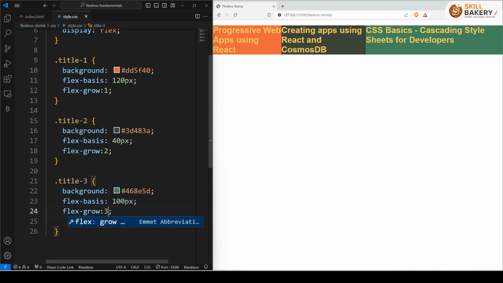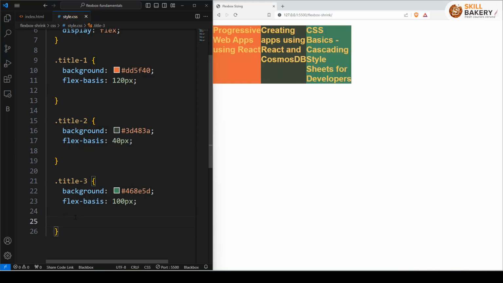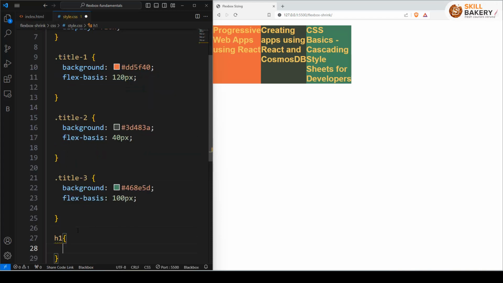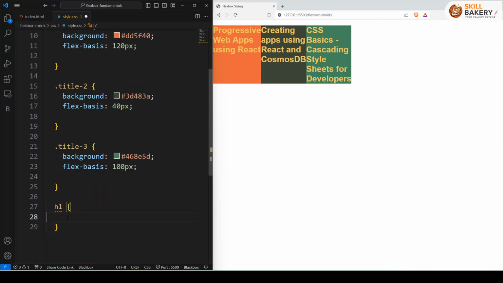So to do that, let's undo this flex grow setting that we had. From here, save this, and we will introduce our h1 tag basically. So here you can see these are our h1 tags. So we'll be having one class for h1 tag, and here we'll be setting the flex grow to 0 pixels. So here you can see that flex grow dictates how the extra space beyond the combined flex basis should be